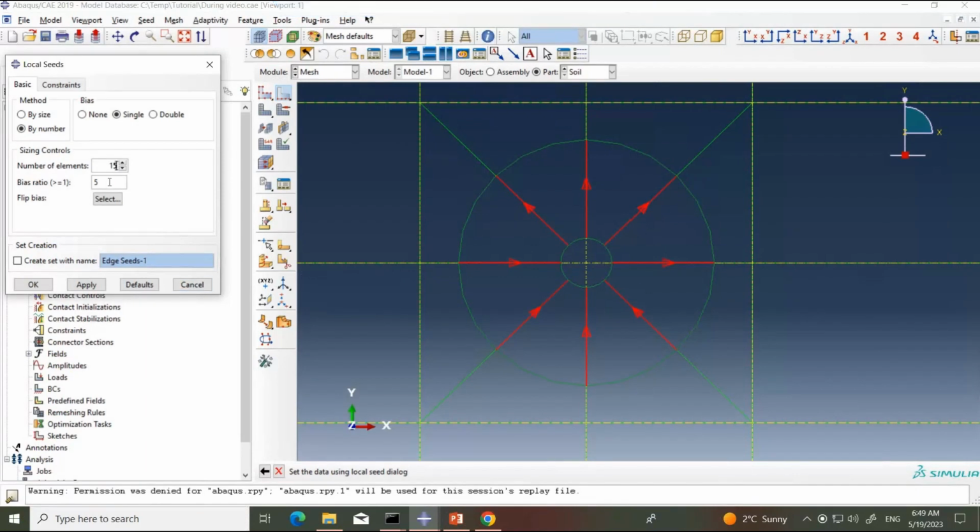So my calculated bias ratio is 4.37, for example. But you see the arrow directions, all the arrow directions should be inward. Few are inward and few are not. So inward means the inner side element will be smaller and the outer side will be based on your bias ratios. So now I have to flip,